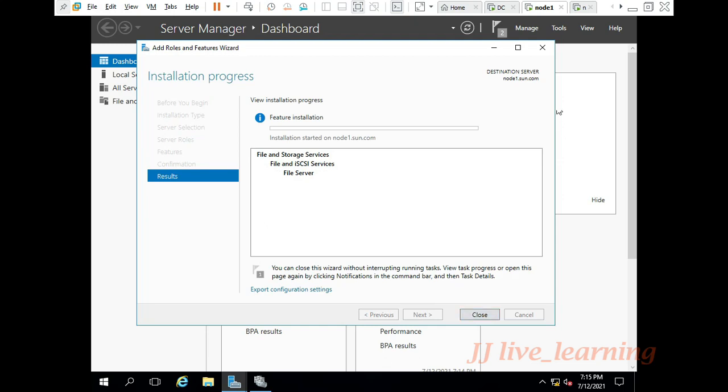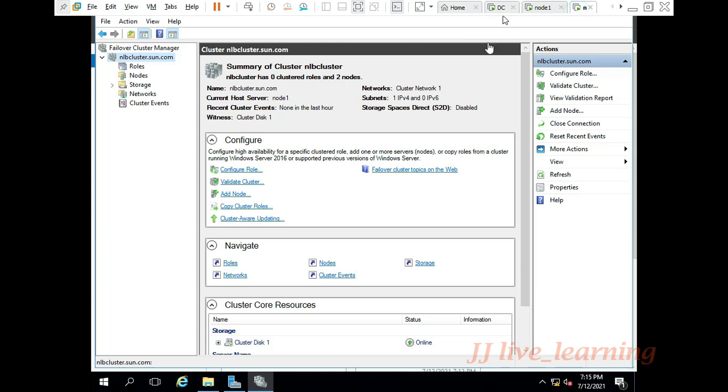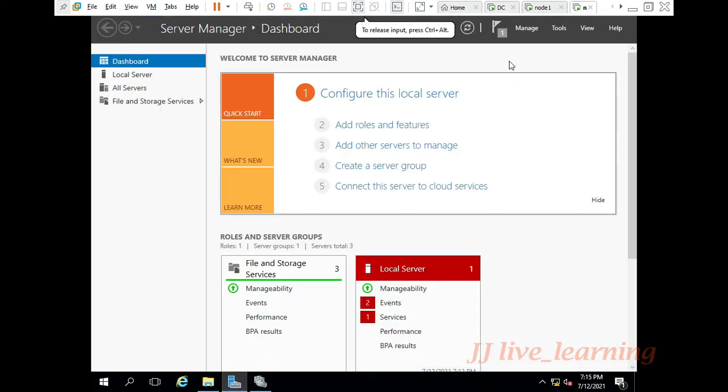Now the service will be installed on your node 1. We successfully completed your file service on your node 1. Just come to your node 2.